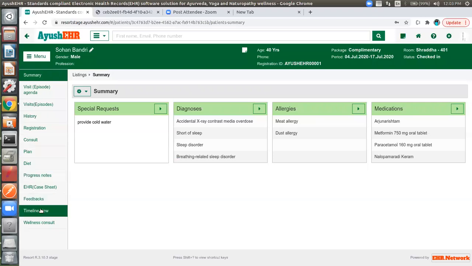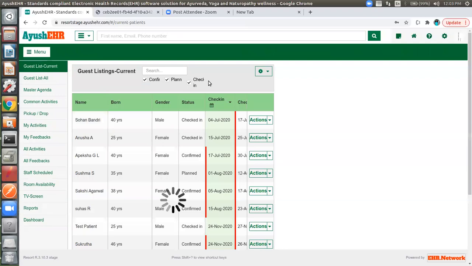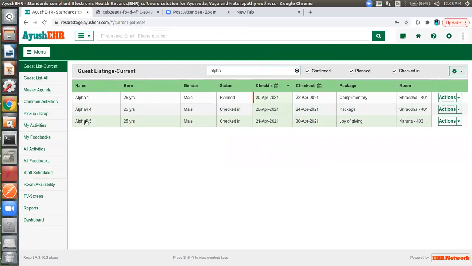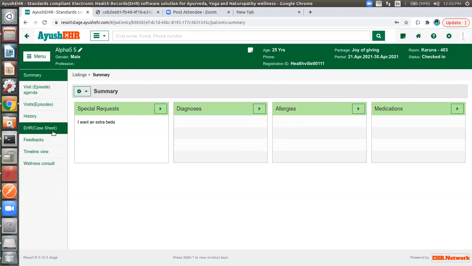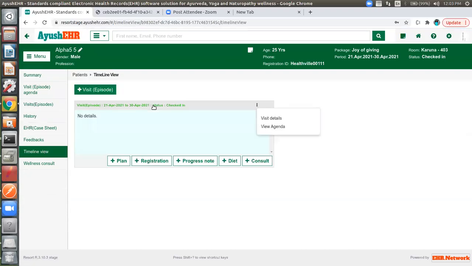One second, I'll just go to a person which I created. Okay, here you can see the special request I had created. So once we do a booking, we have a timeline view where we can create their clinical related information.